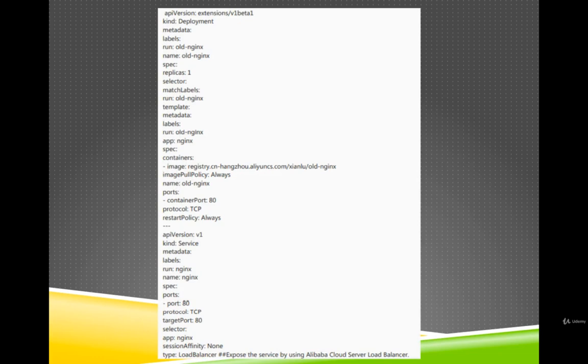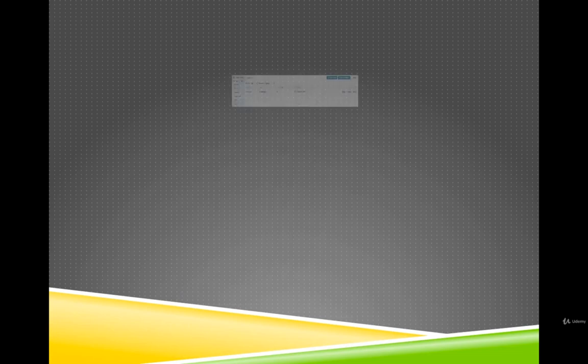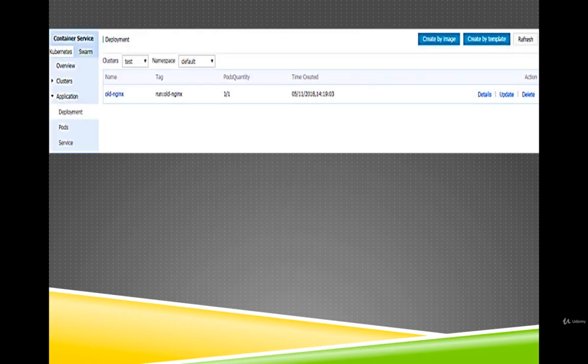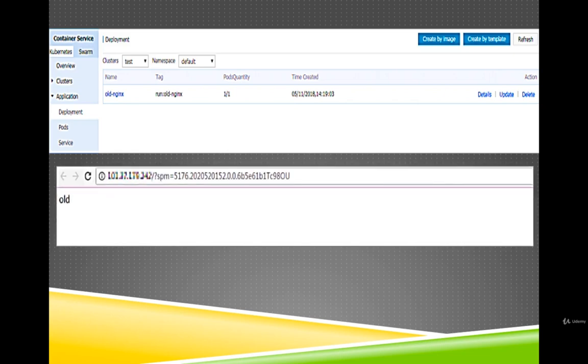Now click application, then deployment and application service in the left side navigation pane to check the deployment and service, as you can see on the screen. Now click the external endpoint at the right of the service to go to the nginx default welcome page.